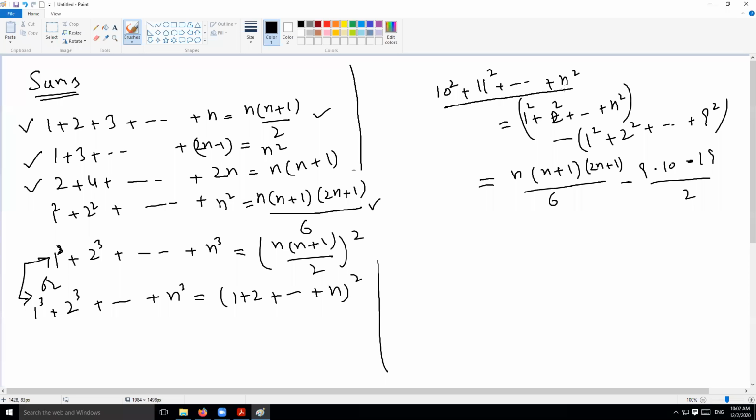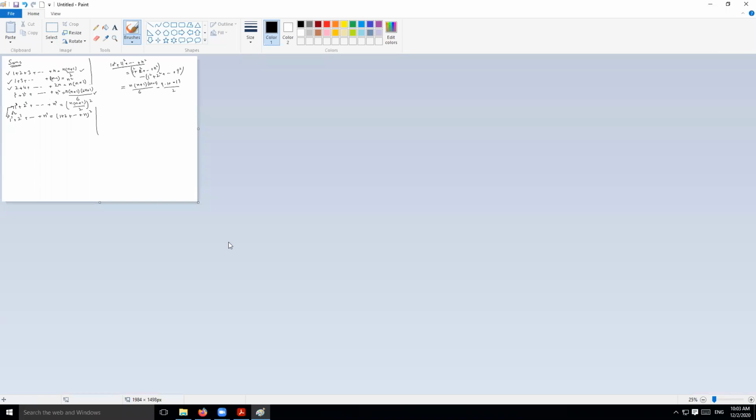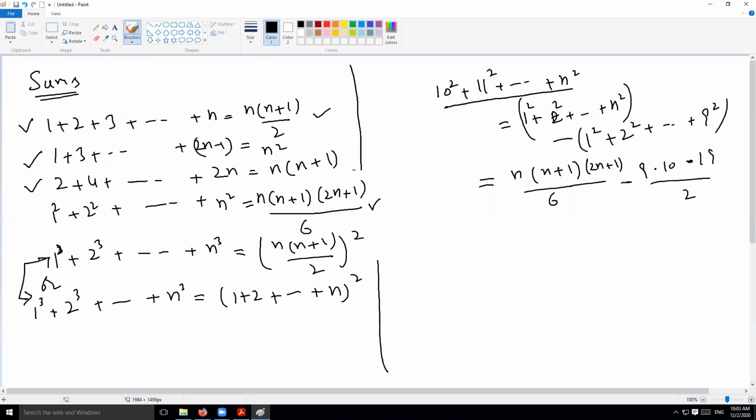Okay, so these are little clever tricks that you can use to find even those explicit formulas which you don't know. You can derive it from here. We will see a lot of such things in today's discussion. If there is no question, otherwise I would like to prove now the principle of induction. Okay, that is my next step. Any question here?